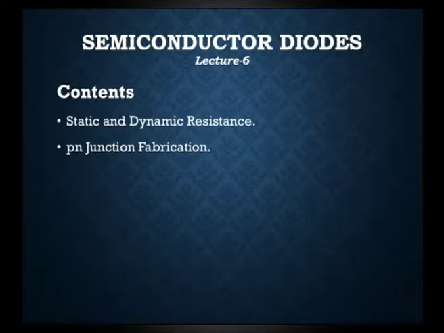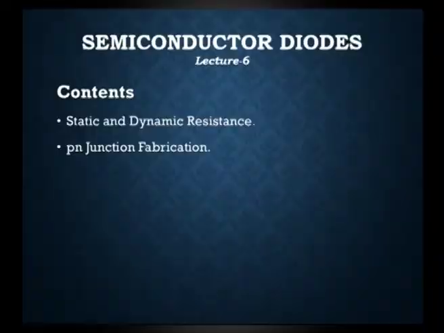These are the two types of resistance that we can see in a diode, and also the p-n junction fabrication. We know how the characteristics are covered, and also the mode of operation, the current equations, and the mobility and conductivity in a diode. But the fabrication process we need to know. It is basic knowledge of how the fabrication process for a p-n junction works, which we will discuss in this session in brief.